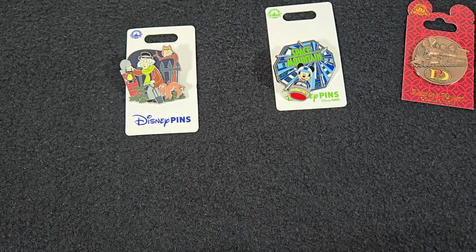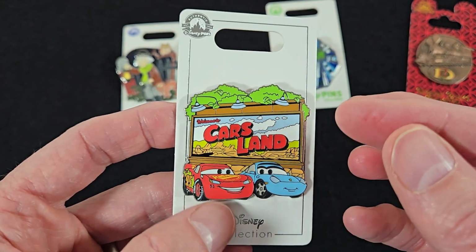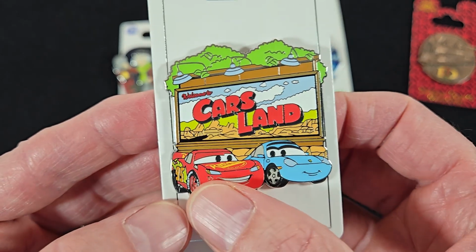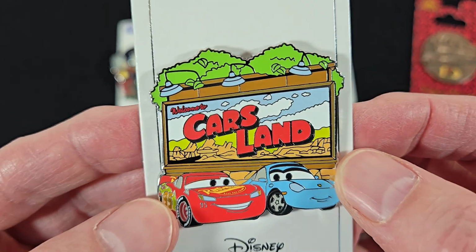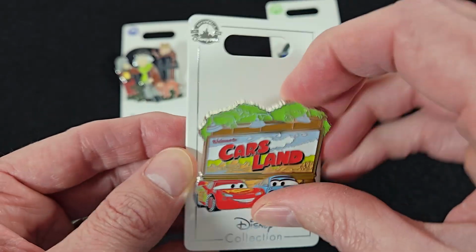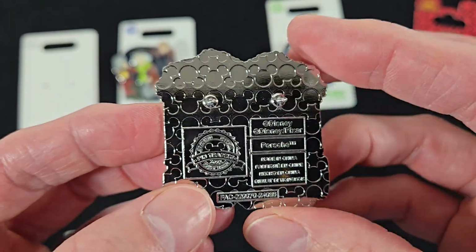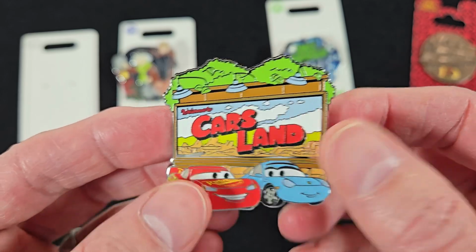And then I had to get one that was Cars Land. So I love Cars and Radiator Springs, but I don't have a whole lot of Cars pins. So I saw this one and figured I had to get this one. So we have Lightning and Sally, and they're underneath a Cars Land sign. It says, "Welcome to Cars Land." So super cool. And this one is 2022. So a little bit older. I know I've seen this one around online before, so I knew this wasn't super new, but it's new in